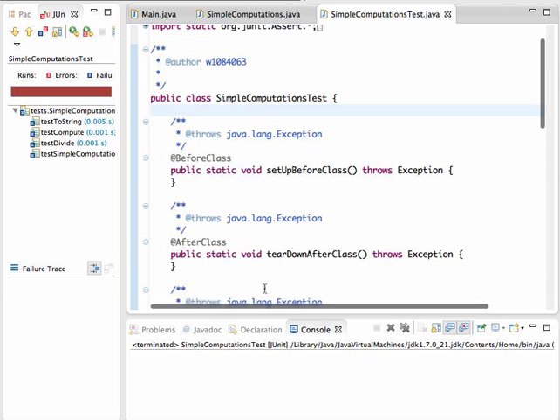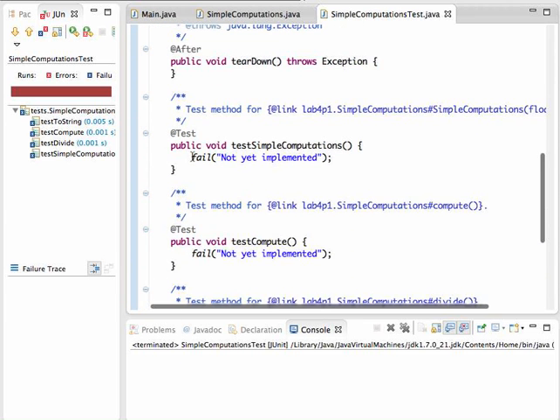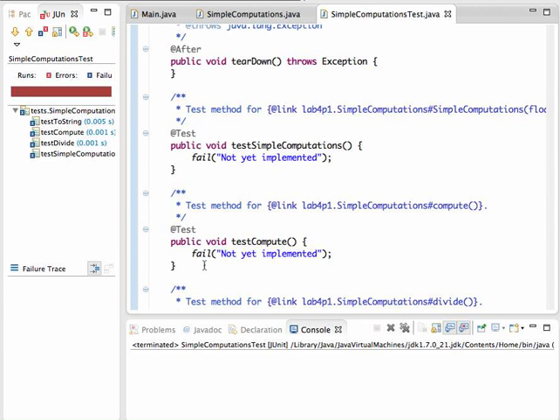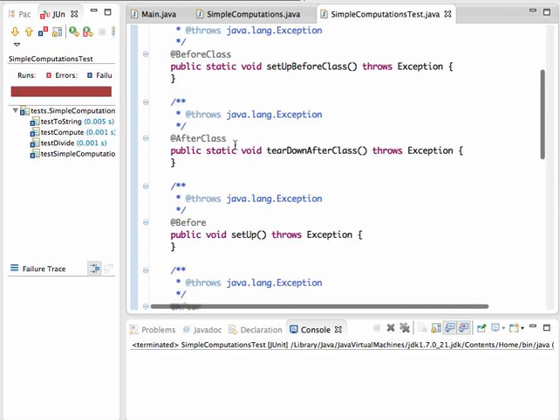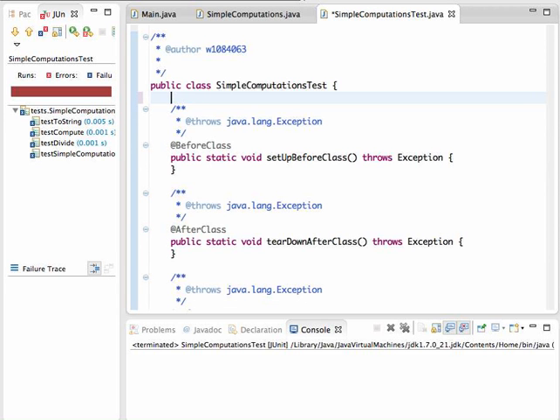Also, we saw that when you run it, by default the wizard sets up all of these tests to fail, which is what you want. They should fail at first until we implement these tests, and then after that they'll start passing. So the first thing you want to do is modify this test class, and we have to put in data members. So we can put in a private